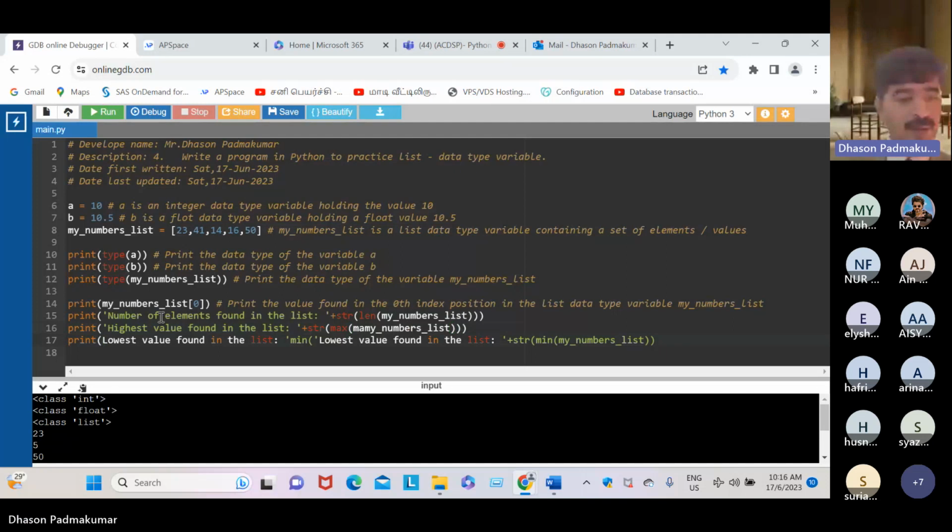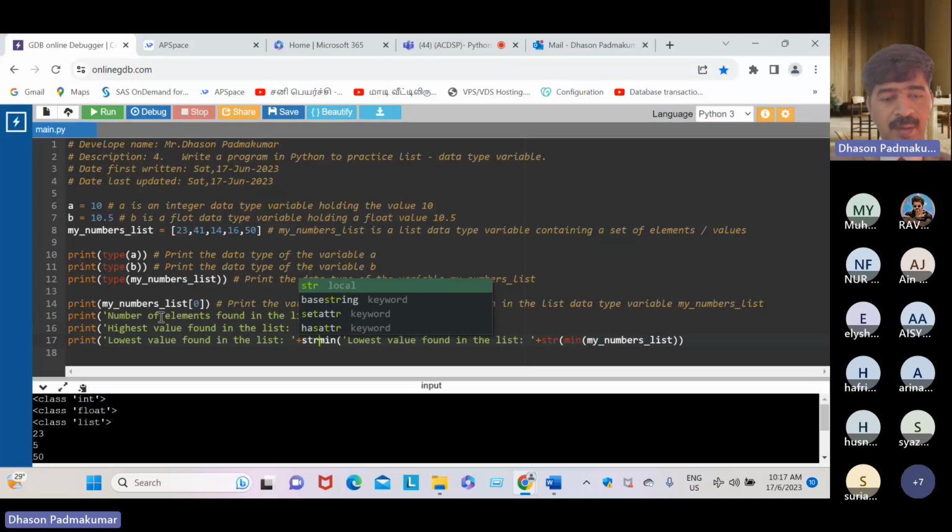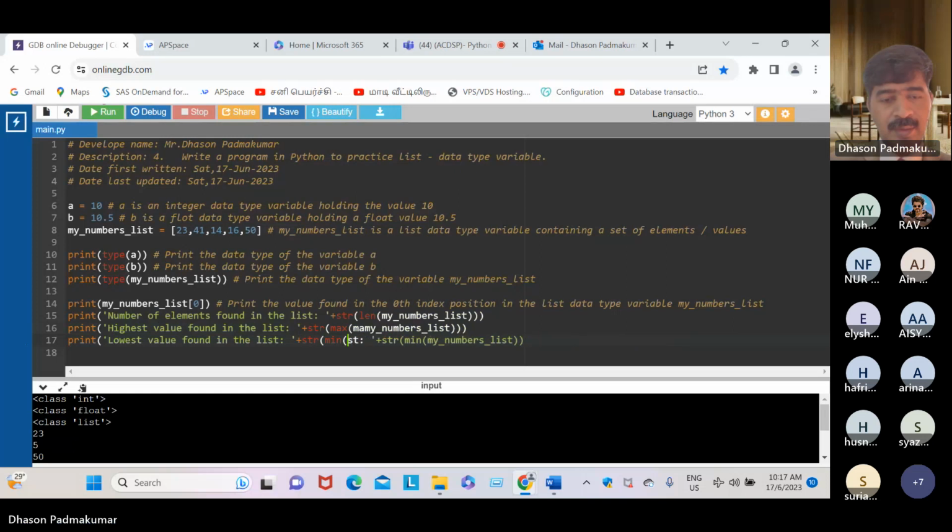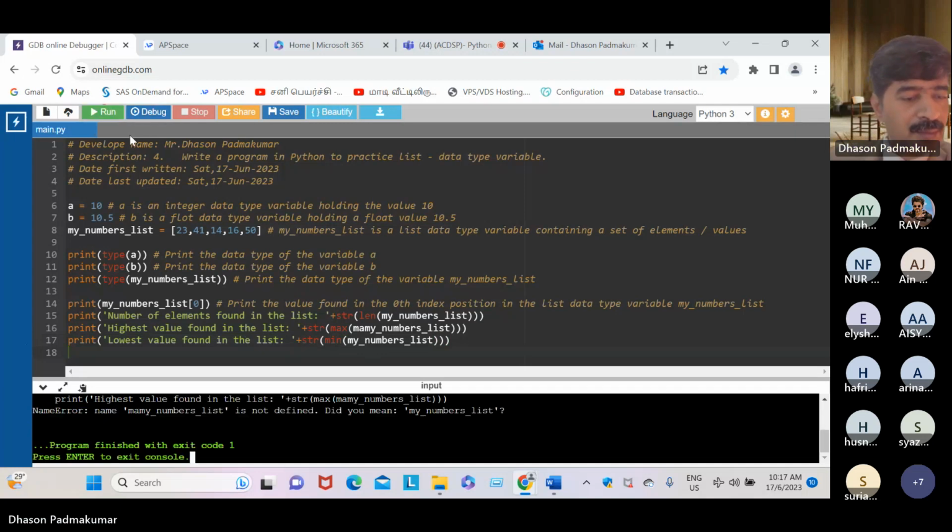Next is lowest, and str the lowest value. This is not required, just remove it. Nice. Left side has first, second, third parenthesis, but right side is just 2, so add 1 more. Oh, many numbers. Okay, this is a typo. Yes, typos.